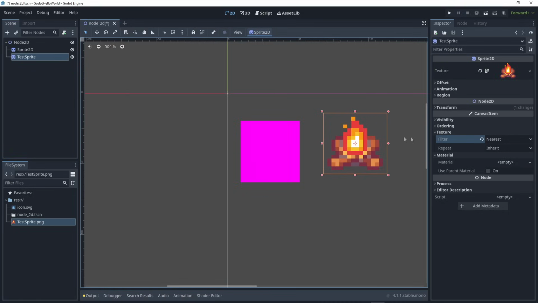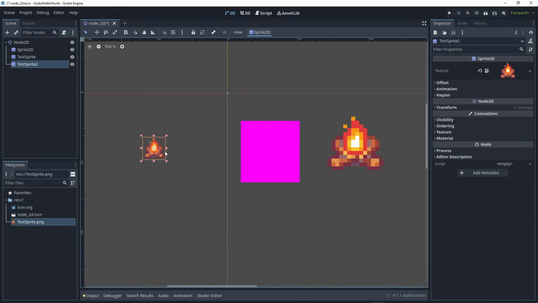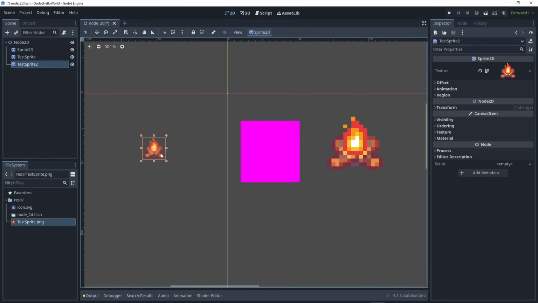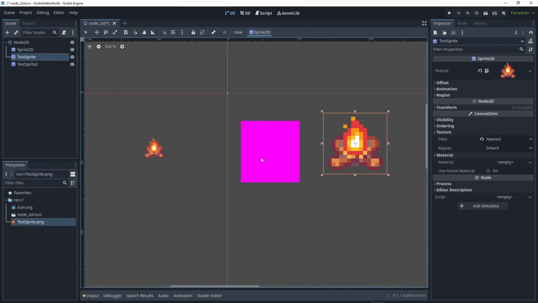Okay, so now I wonder if that's per instance of this sprite, because in Unity, when you have that asset, you can set the filter at the asset level. So yeah, every time I drag it in, maybe there's a default filter for this asset, which I'll have to figure out some other time. But okay, and then it's created new